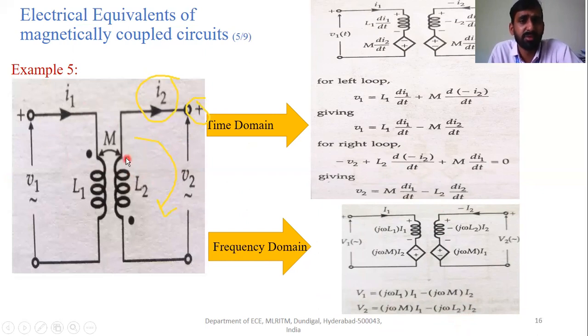Here everything is the same, but only, to confuse you, they have given the current direction in a reverse manner. You have to check everything, whether it is positive or negative, clearly, right? So here the M term is negative due to the current I2. The M term in the first equation, the left hand side loop, is negative due to the negative current I2. Whereas in the second equation, the M term is not negative, only the self-inductance L term is negative, because of the current I2.